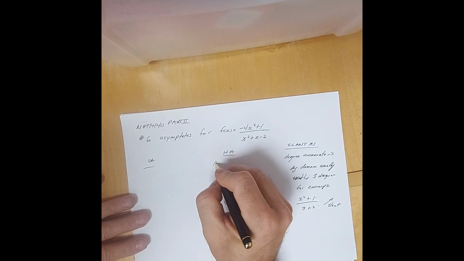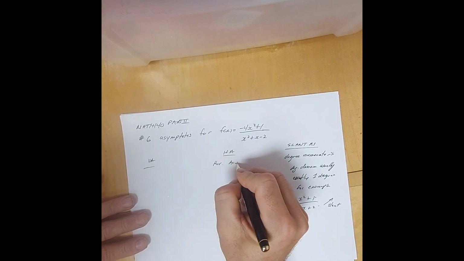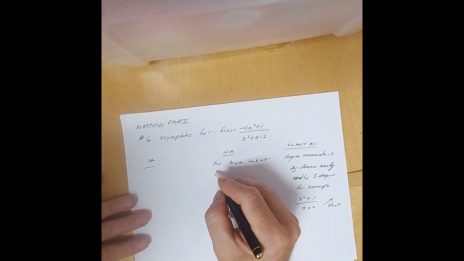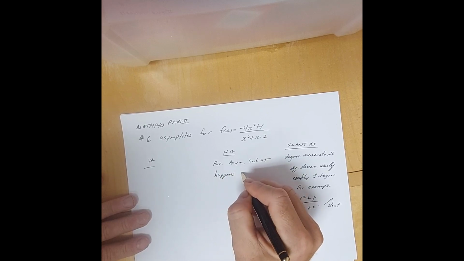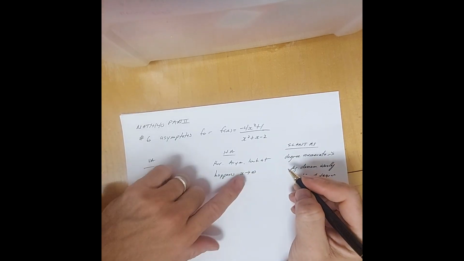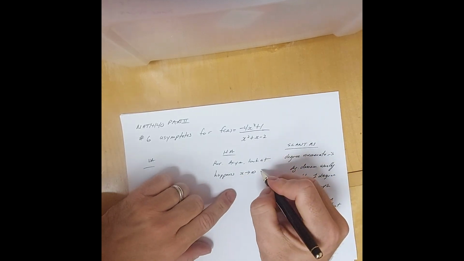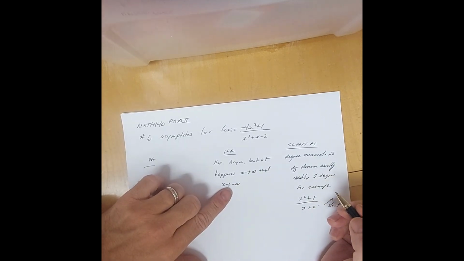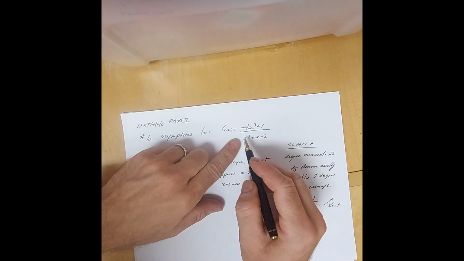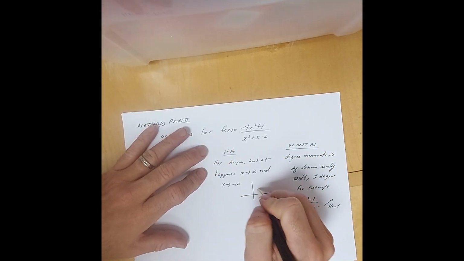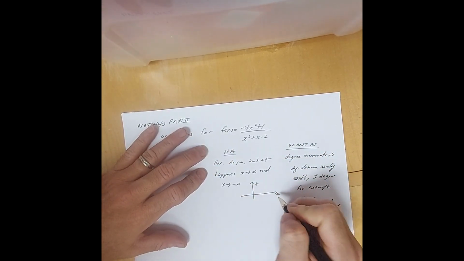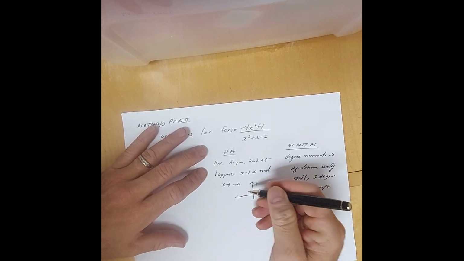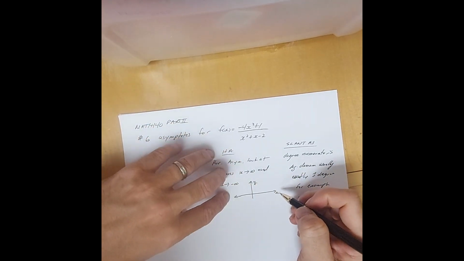And so for horizontal asymptotes, we want to look at what happens when x gets really, really big. So in other words, when x goes to positive infinity, and when x gets very, very small, so when x goes to negative infinity. In other words, we're just thinking of really big numbers as we go. If you think about the x and the y-axis here, as we go out really, really far in the x direction, and really far in the negative x direction, we're trying to see what